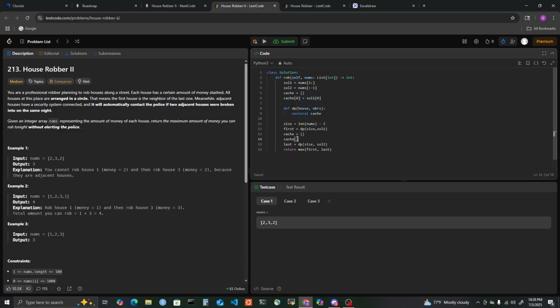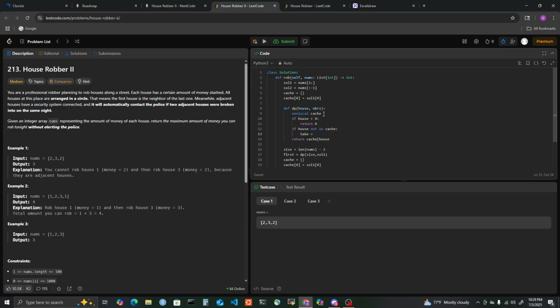Okay. Alright, let's try this. If house is less than 0, then we just return 0, and then if house not in cache, we'll find it, else we'll just return cache of house. And to find it, it's just what we just did previously, which was